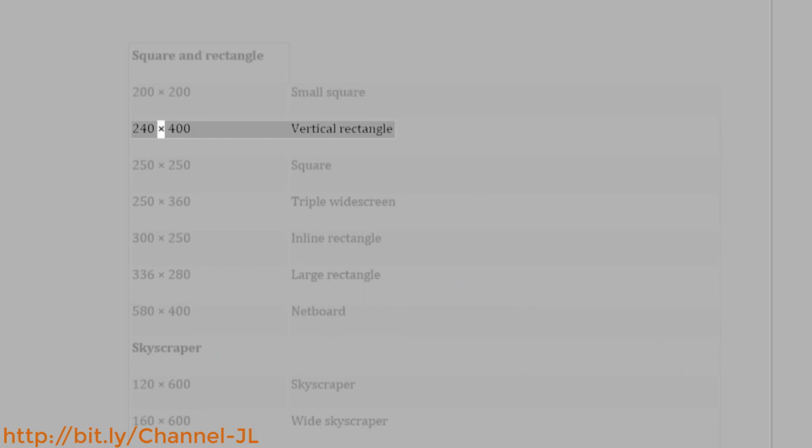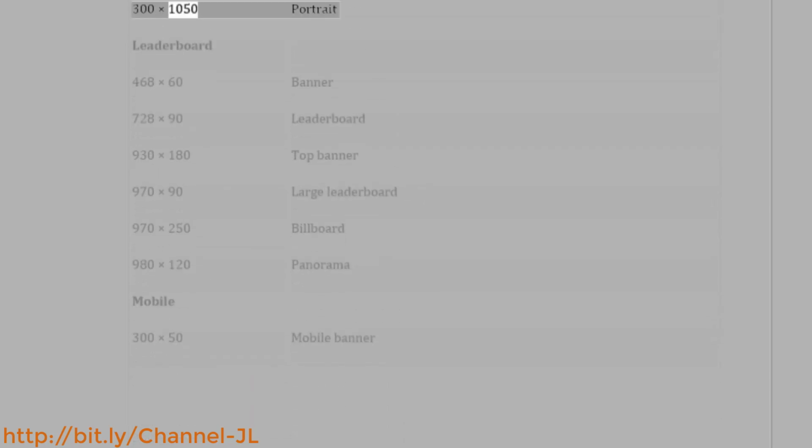Square and rectangle 200 x 200, small square 240 x 400, vertical rectangle 250 x 250, square 250 x 360, triple widescreen 300 x 250, inline rectangle 336 x 280, large rectangle 580 x 400, netboard skyscraper 120 x 600, skyscraper 160 x 600, wide skyscraper 300 x 600, half page ad 300 x 1050, portrait leaderboard 468 x 60,